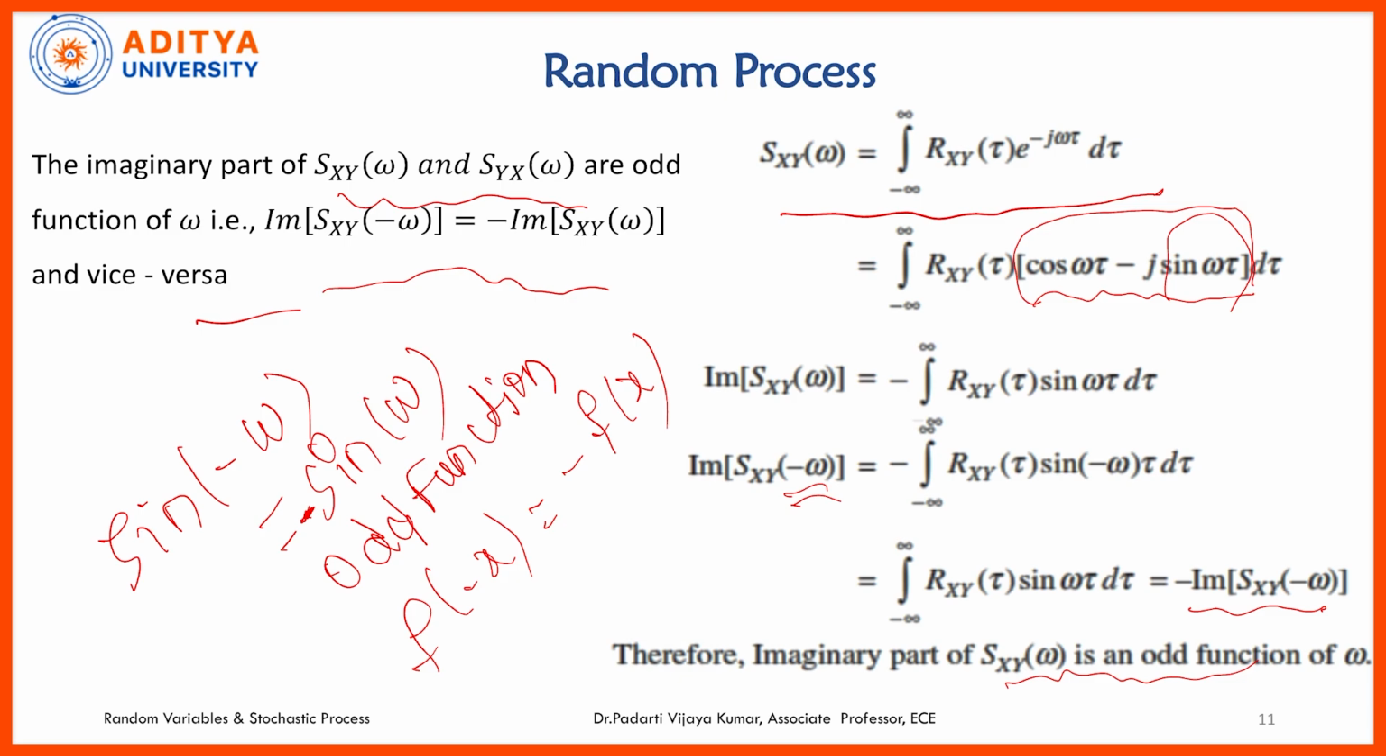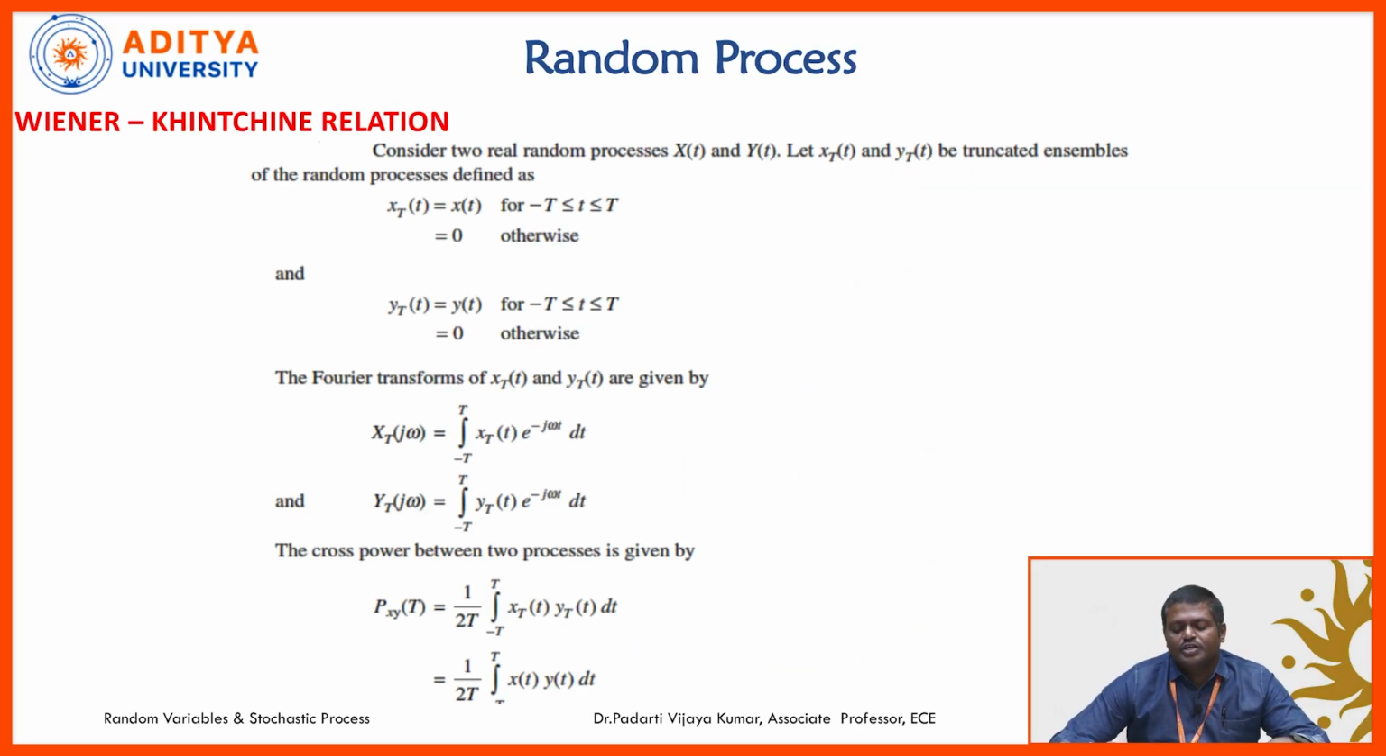In the earlier property, cos is an even function, that is why the overall property is an even function of omega. Next, the last relation, the Wiener-Khinchin relation, is very important. This is the definition we used for all the properties. Here we will see the relationship between power spectral density and the cross correlation function, the cross power spectral density